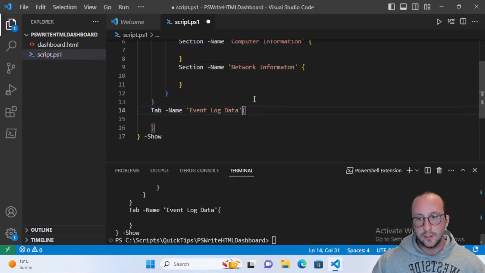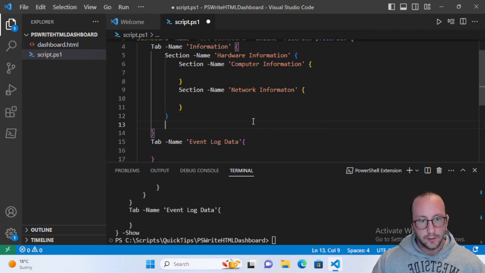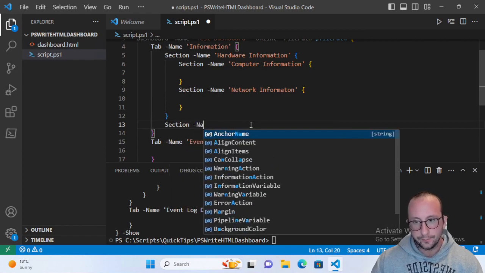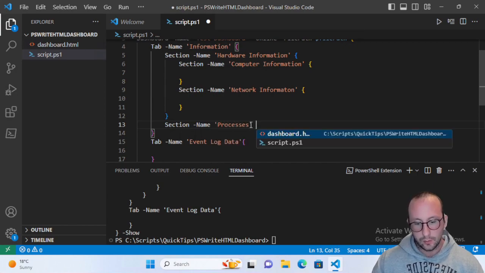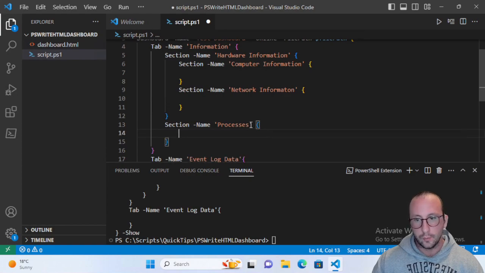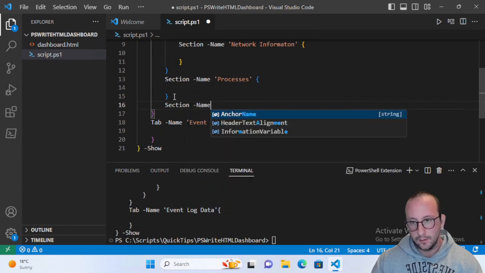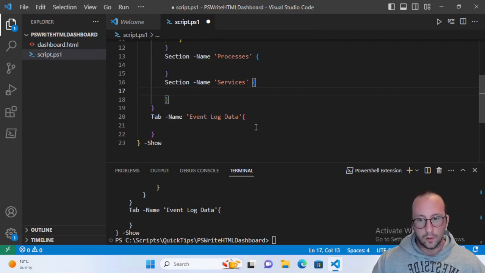What we can actually do afterwards from here is add more sections. So let's add a few sections here, just get all of our sections created, and then we'll start putting some data into them. Let's create another section here, and we're going to name this one processes. This is where we're going to put all of our processes that are currently running on the computer. And we're going to have one last section here, and we're going to name that services. That's where we're going to have all of our services that are currently running or stopped or anything like